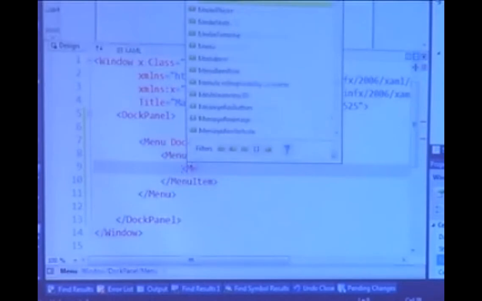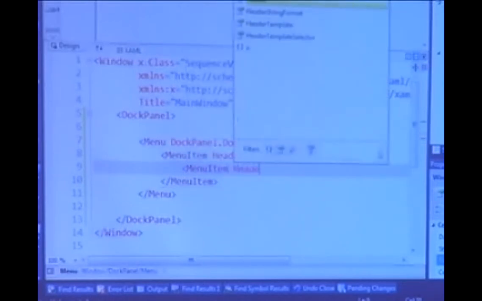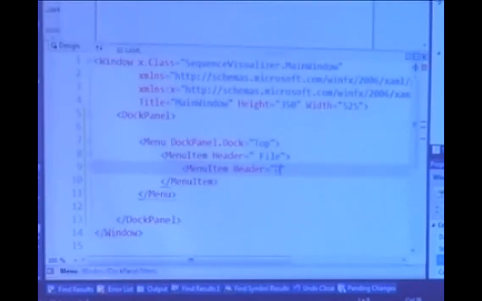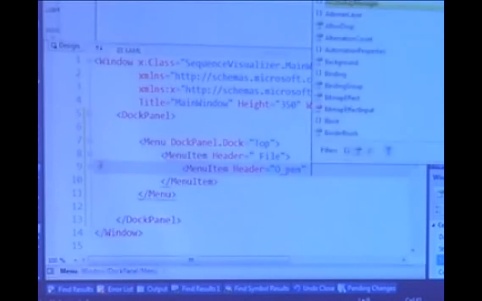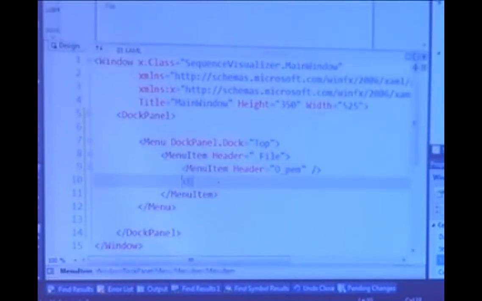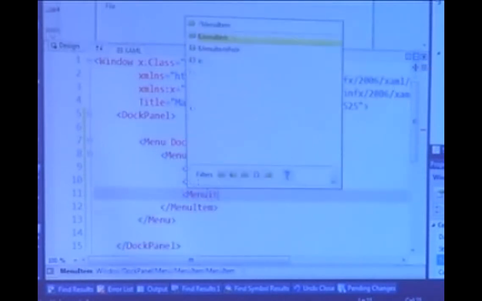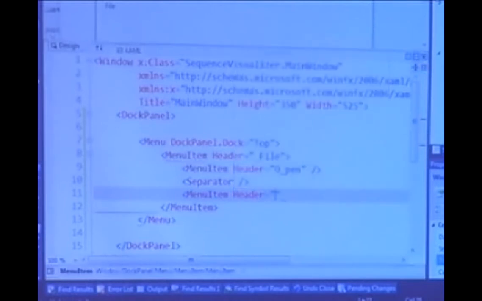And inside this, I'm going to put a menu item with a header of open. And close that. And then let's put a separator. And after the separator, let's put one more menu item. And let's just stick in here a header of exit. Okay.